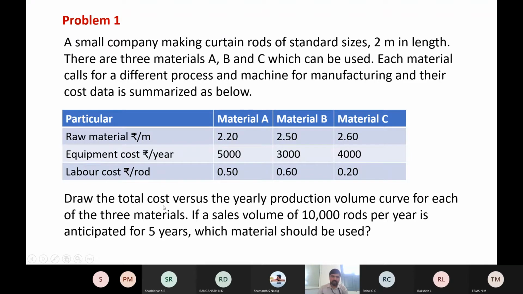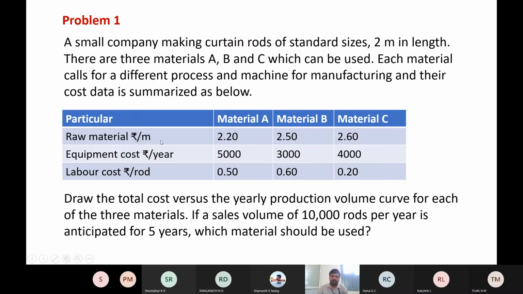Now you have to find out the total cost. So here they have given some components of cost. Okay, so if you consider for a year, if a sales volume of 10,000 rods per year. Okay, so since we have to draw total cost versus yearly production volume, we are considering yearly production volume. So yearly production volume is 10,000 rods. So now if you want to find out what is the cost for making this 10,000 rods, okay, so for